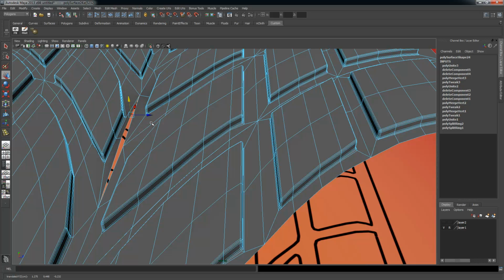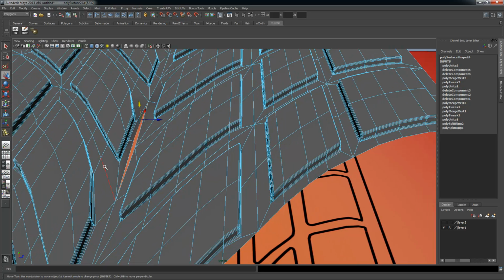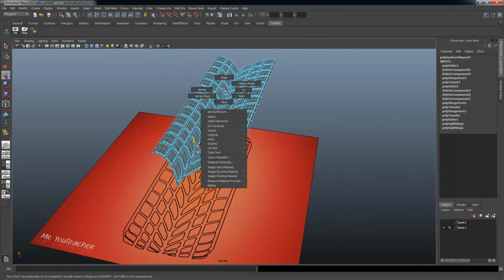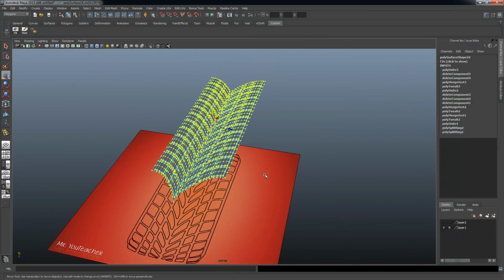There we go. I found one. I think what was happening is I'm actually selecting both the edges simultaneously because they're so close together. So we finally got one that would break, so I'm going to undo that. What I want to do here is go to Vertex Mode, select all the verts in my scene,